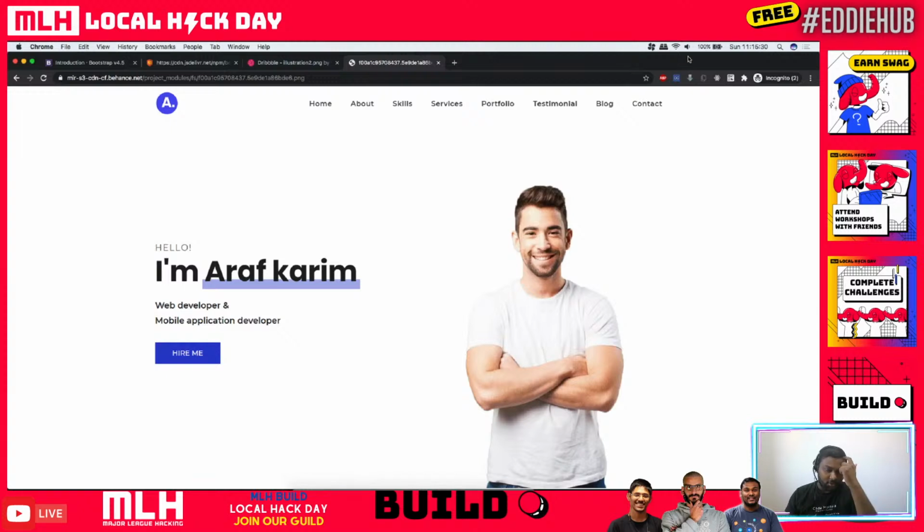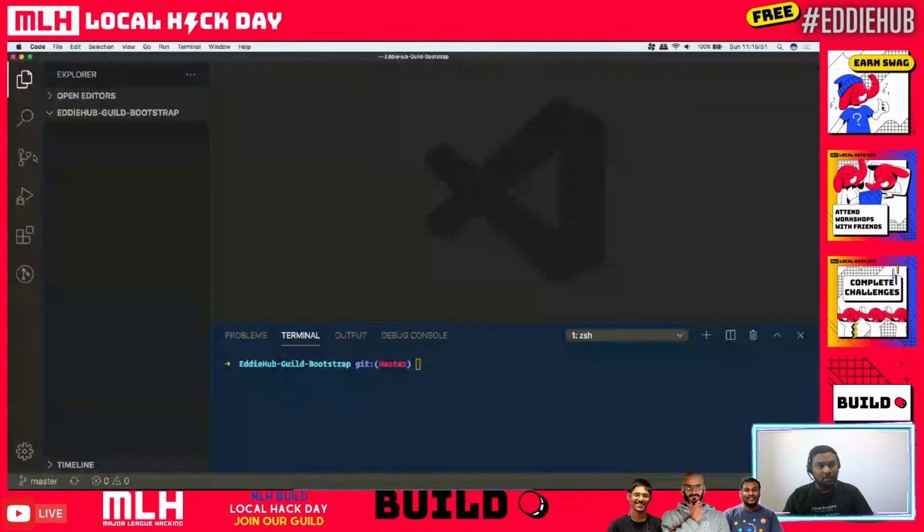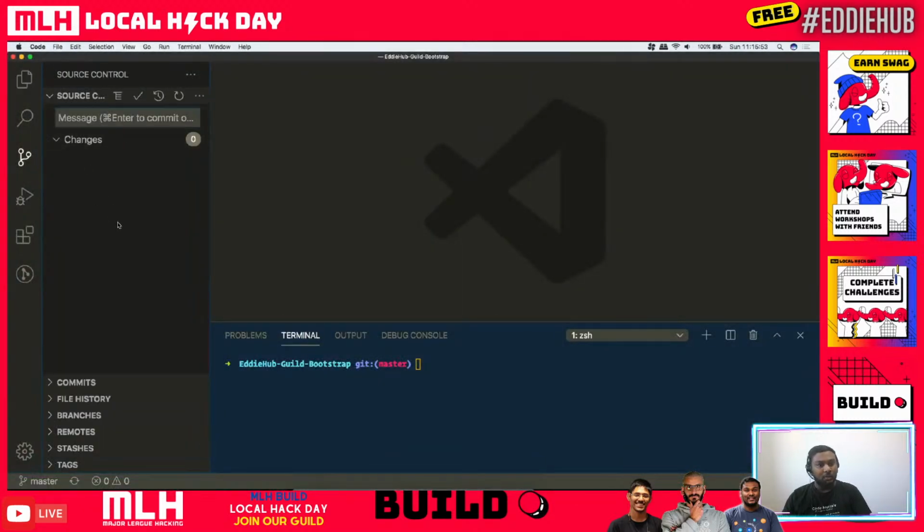I'm not talking about Git GUI, but what I was telling is like this one. In case you go to VS Code, you have something called source control here, and here you will be seeing the changes. Okay, I'll do a mix of both. I'll be mixing and matching both so that you will have an idea about how Git GUI works as well as the command line. Okay, cool, so let's look at